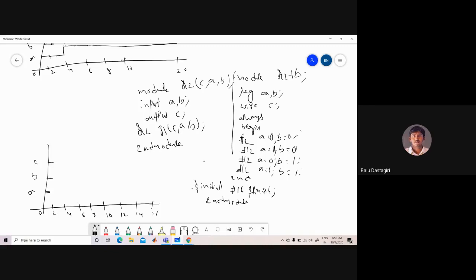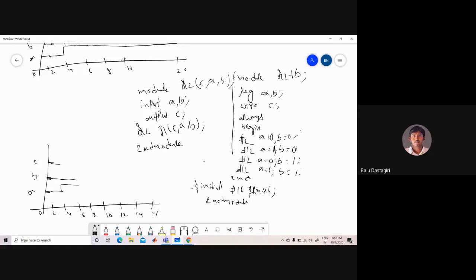After 2 time units, A becomes 0. Up to this point it is unknown, and now it becomes 0. Again, 2 plus 2: the previous specification was at 2 time units, so after 2 more time units, at 4 time units, the value of A becomes 1 and the value of B remains 0.